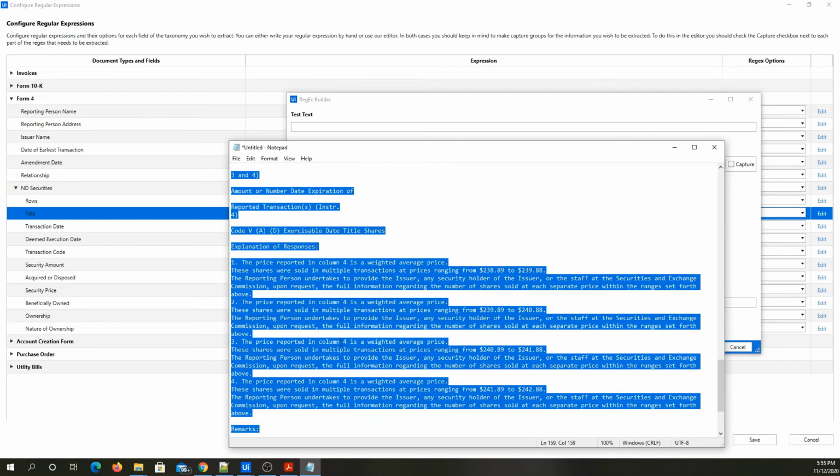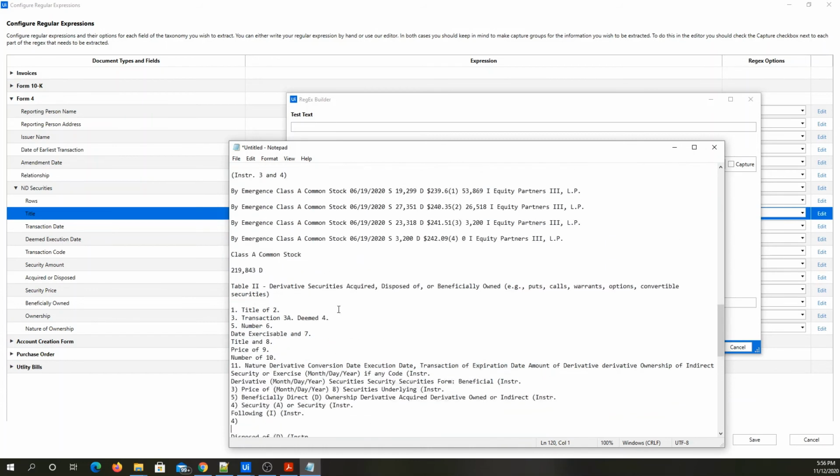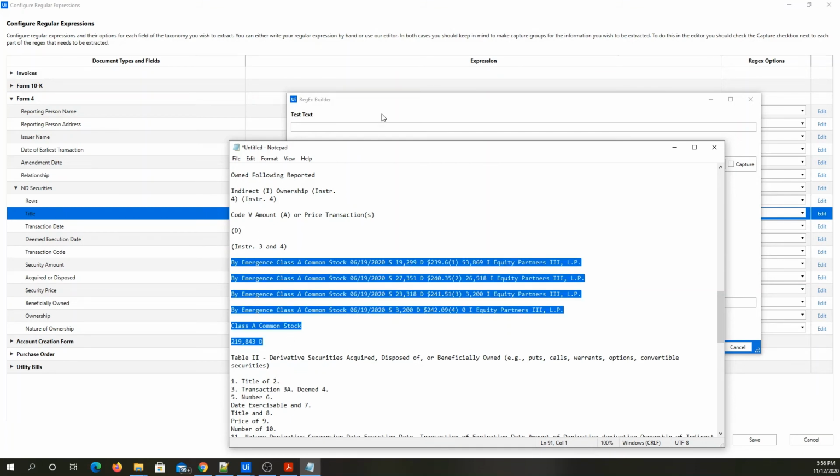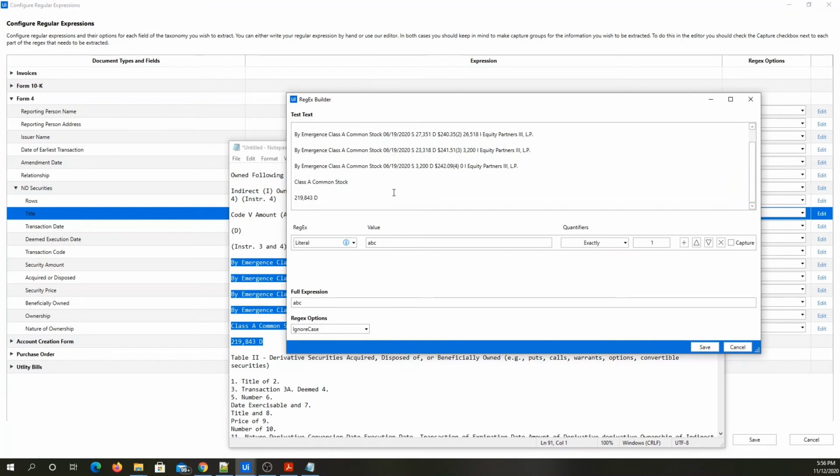I'm not going to paste this entire string now, so I'll just paste a part of it for us to test, like this. And I will say